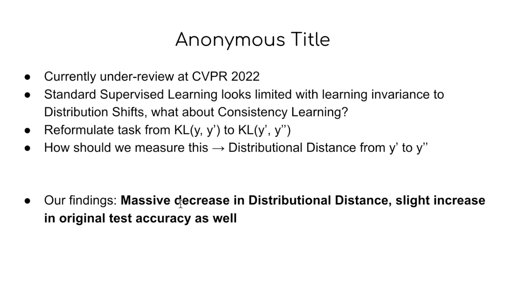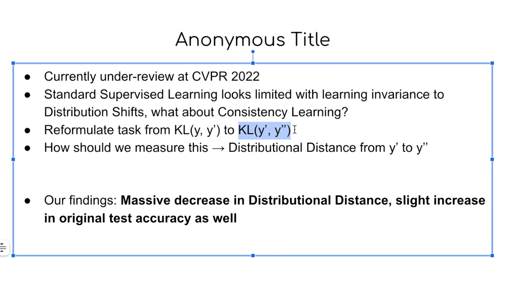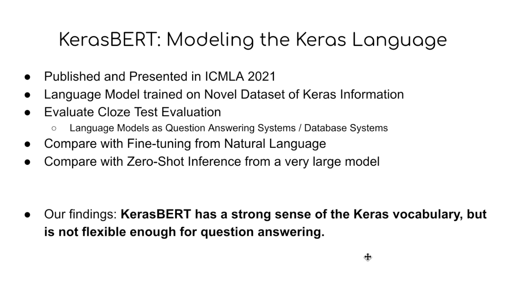So our finding is that we achieved a massive decrease in distributional distance as well as a nice increase in the original accuracy by using the consistency learning loss to particularly emphasize learning invariance to label-preserving transformations of the data. We've also published Keras-BERT, modeling the Keras language, and this paper will be